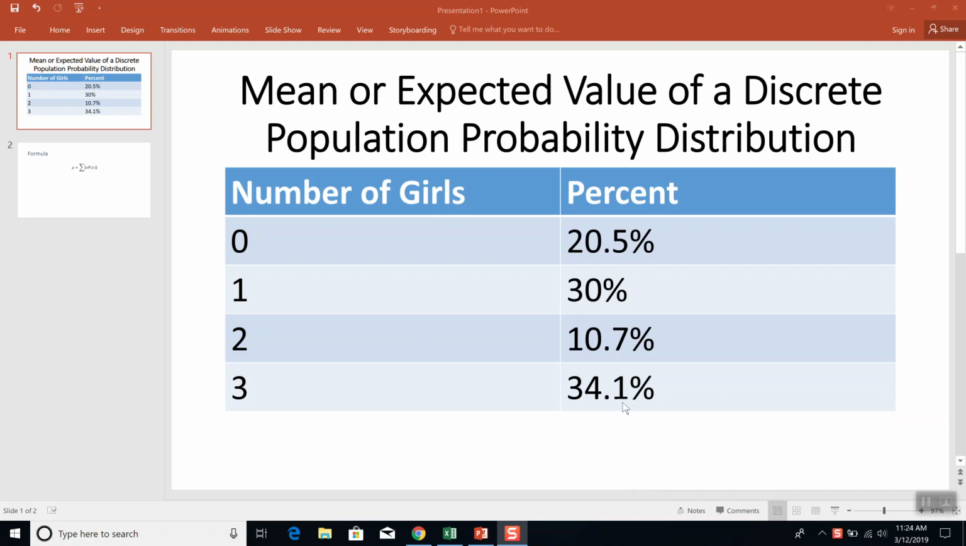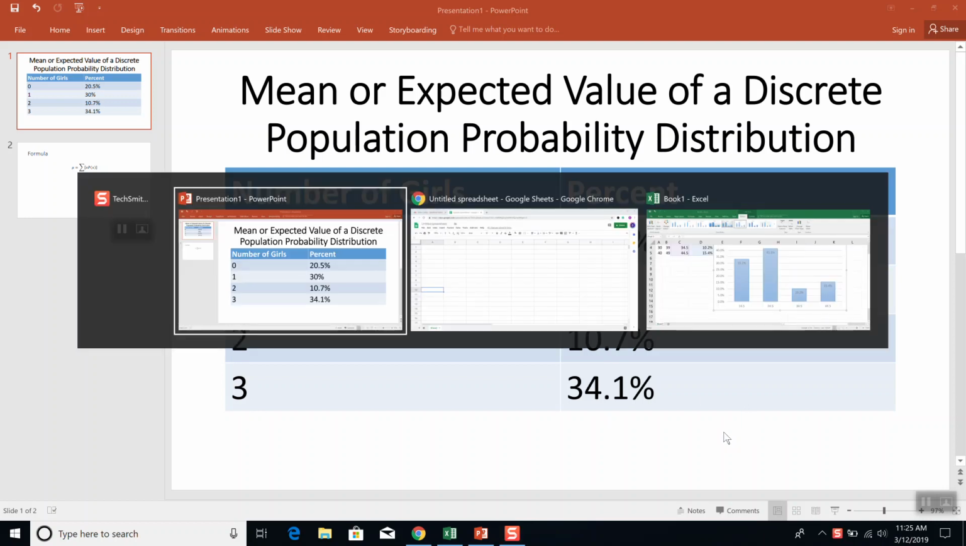Let's take a look at finding the mean or expected value of a discrete population probability distribution using Google Sheets. Now, let's say we're studying families that have 3 children, and we're looking at the probability or percent of the number that had 0 girls, 1 girl, 2 girls, or all of them were girls. And these were where our percents came up. Okay, first thing,